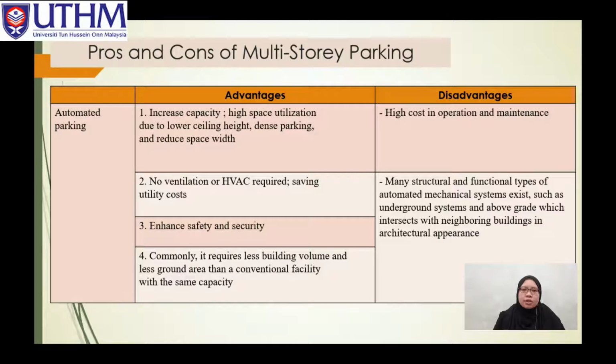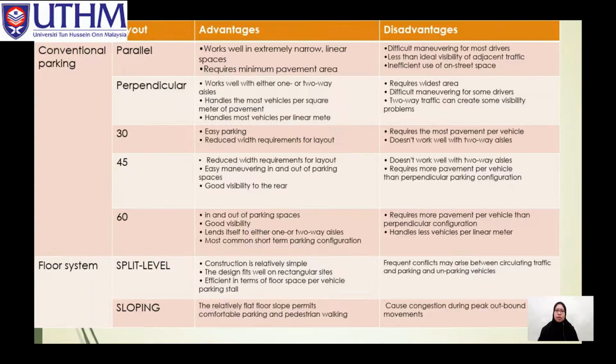While it has advantages, it also has its cons, which is high cost in operation and maintenance, and also many structural and functional types of automated mechanical system exist, such as underground system and above grade that intersect with neighboring buildings in architectural appearance. For conventional parking, you have 5 layouts: parallel, perpendicular, 30°, 45°, and 60°. For parallel layout, the advantages is it works well in extremely narrow or linear spaces, and it requires minimum pavement area. The disadvantages is difficult maneuvering for most drivers, less than ideal visibility of adjacent traffic, and inefficient use